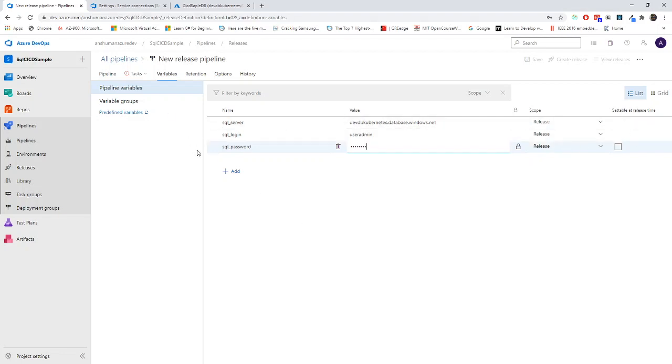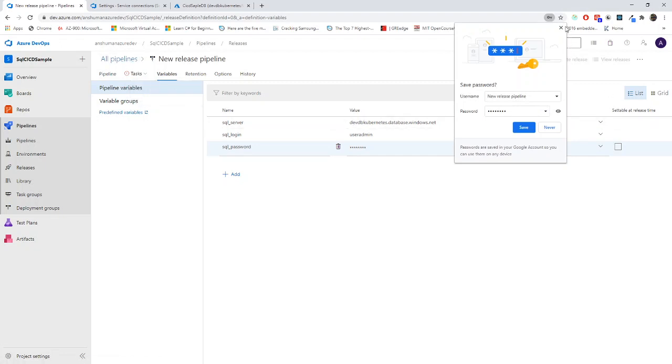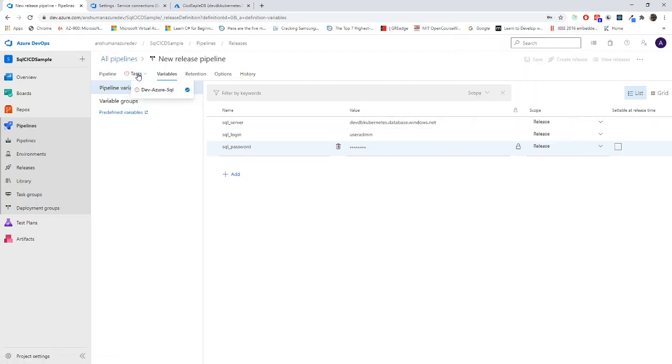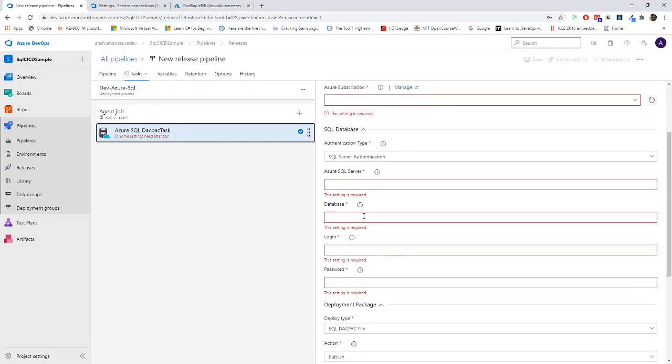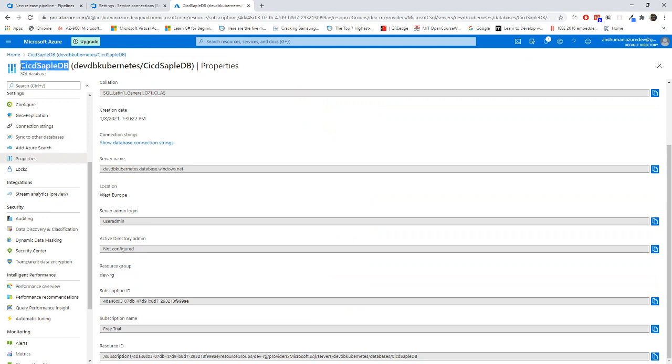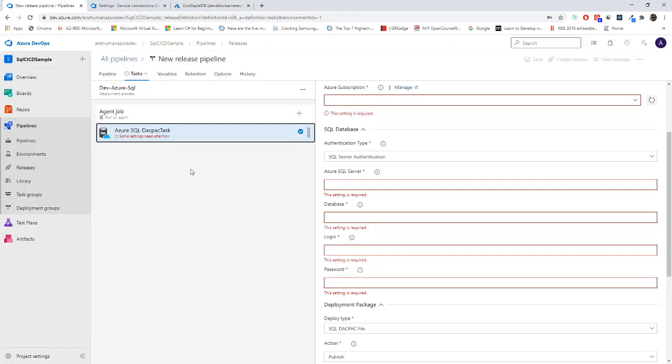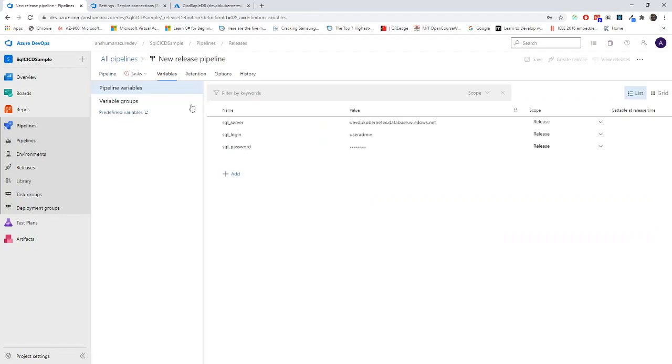Now these three things are completed. What else do we need? I'll check in the task: SQL Server, database name. Okay, we need the database name as well. I'll copy this, go to task, variables, SQL DB name. Okay, fine. Now I'll save it. It will automatically save.